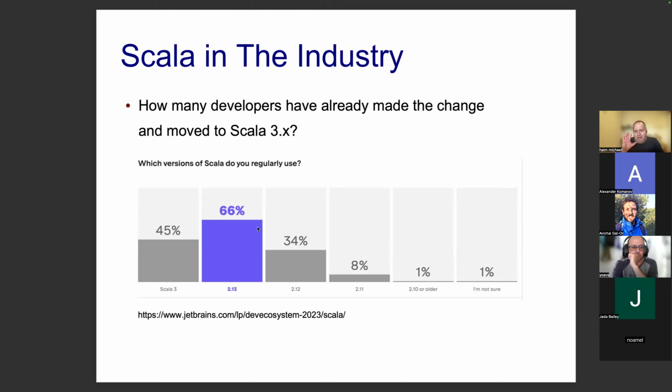So bottom line, the change from Scala 2 to Scala 3 is not as dramatic as it happened with Python. It's not the same story. Still, there is a change. And as you can see, many developers have already moved to Scala 3, but we still have many others stuck with Scala 2. I expect that during the coming year or two, that will change and everyone will be well into Scala 3.